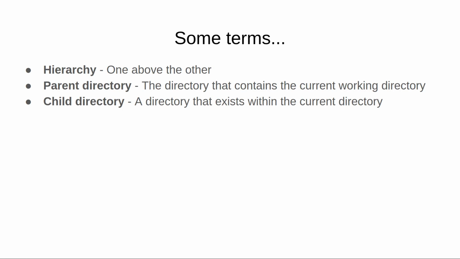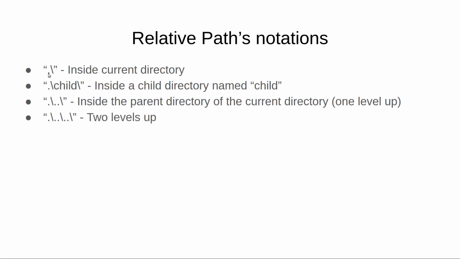Now I also want to show you some notations. So the first one is the notation for accessing the things within the current directory. So if you have a dot and a slash, it's a current directory. If you want to go inside a child directory, here for example we have a directory named child. So if you want to go inside of that, you say dot slash to be in the current directory, and within that there's a child. So you write the name of that folder and then another slash to access the contents of the child directory.